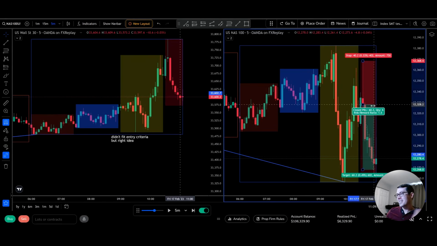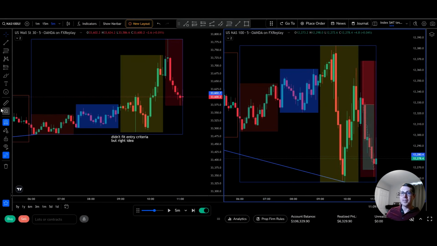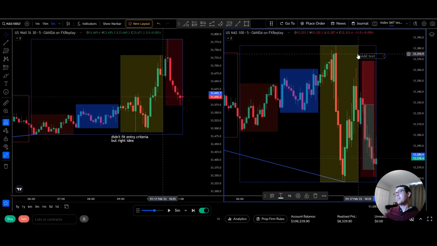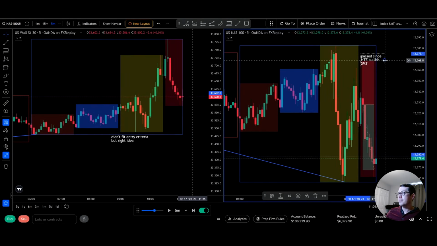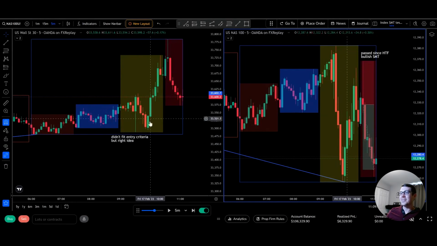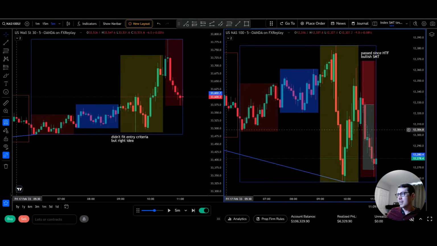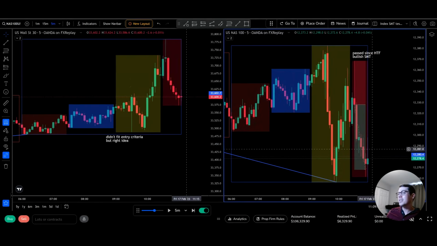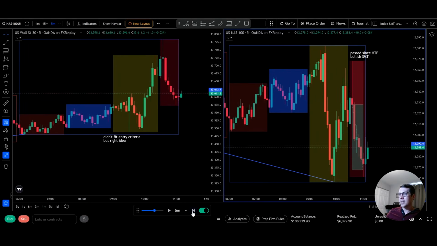So yeah, that's fine. Again, I'll make a note here. Past since high time frame bullish SMT, but yeah, would have played out. So between missing this, this trade not quite meeting our criteria, and this one we would have also passed the challenge. But it's fine. Just if it takes another day or two, it's not going to be the end of